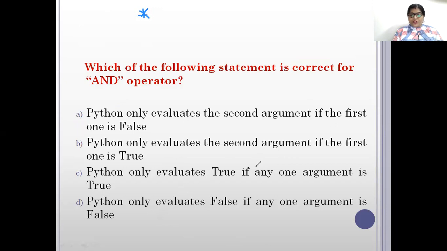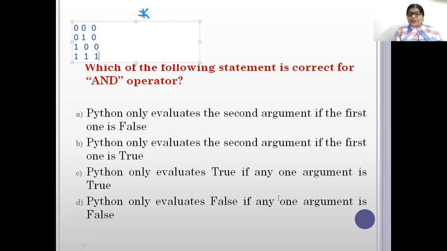What is its truth table? 0 and 0, the answer is 0. 0 and 1, the answer is again 0. 1 and 0, the answer is again 0. 1 and 1, the answer is 1. It means we are using multiplication in the AND operator.